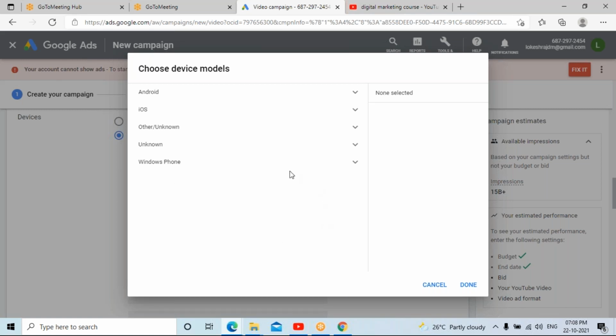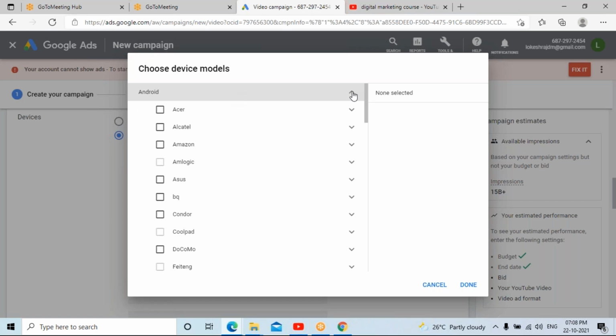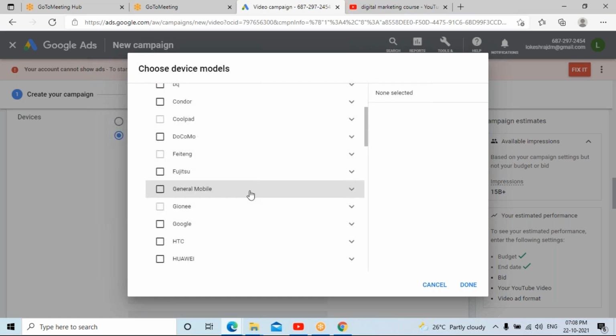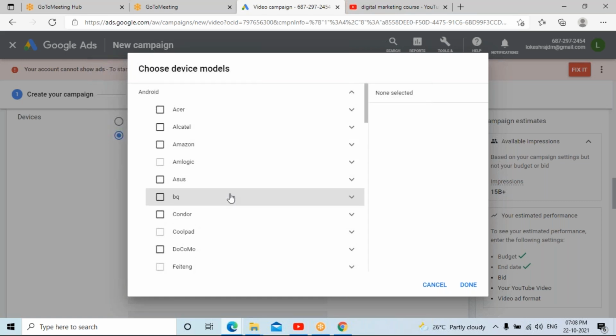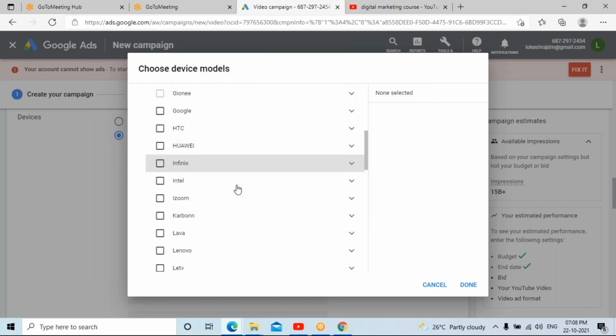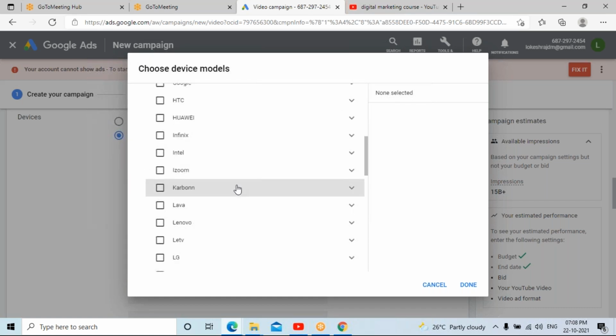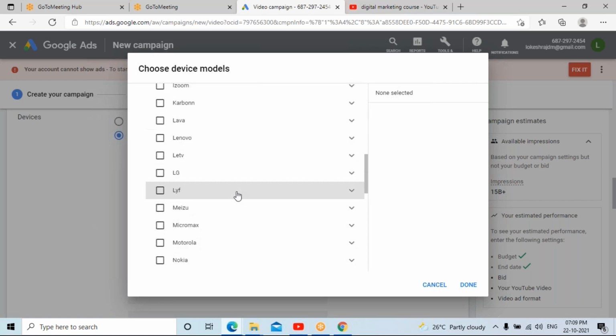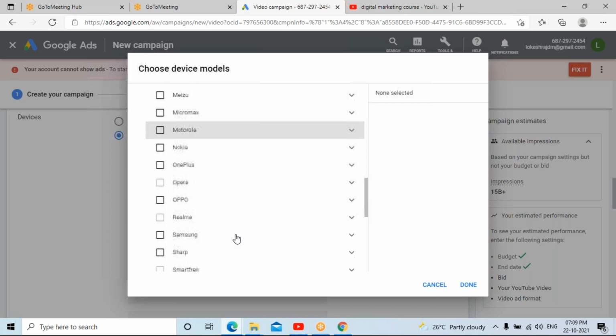Okay, so let me show you an example when I am choosing device models. I can choose exactly. Okay, so let me take it. Okay, these are all Android mobiles. So I can choose the options.